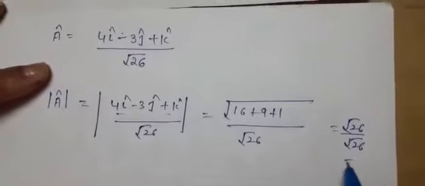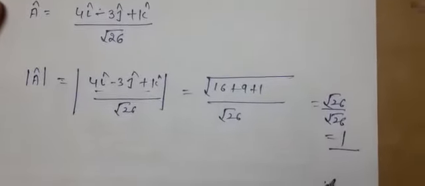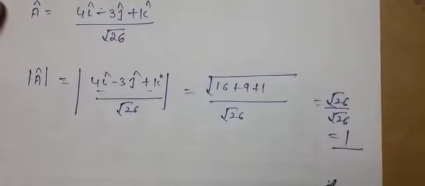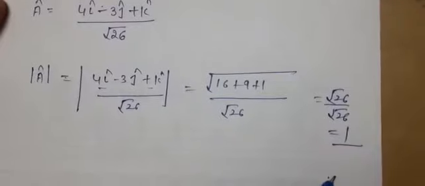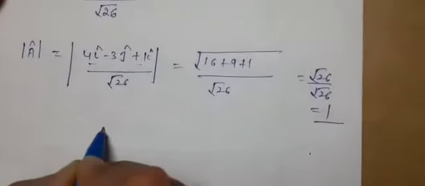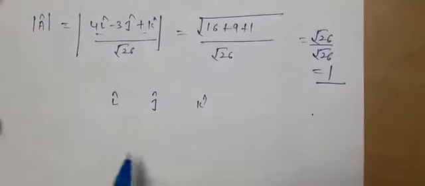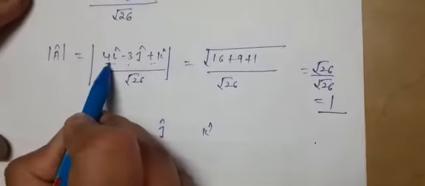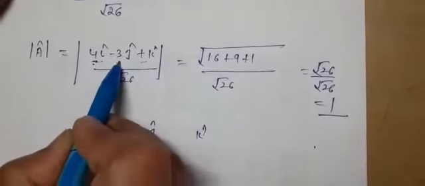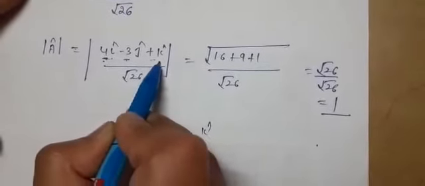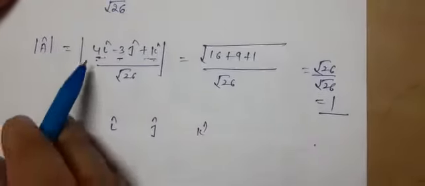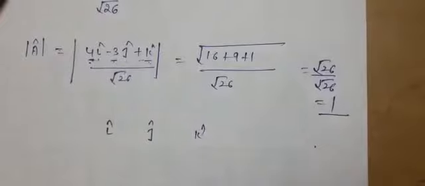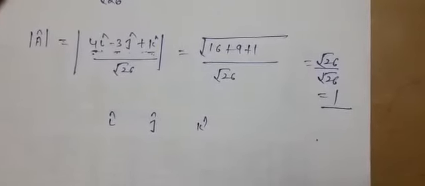So what are you concluding? That the magnitude of a unit vector is 1. It means whenever we have to represent any vector in terms of unit vectors, especially along the x, y and z axes, we represent them along i, along j, along k. This is a vector having a component along the x-axis, that is 4, a component along the negative y-axis, that is 3, and a component along the z-axis, that is 1. So this vector has been given. The significance here is that i, j and k indicate direction along the respective axes.